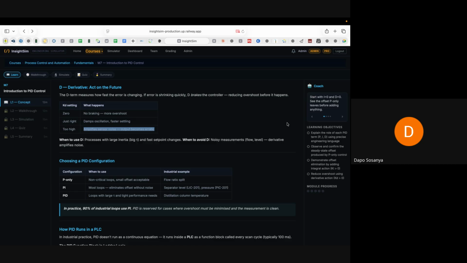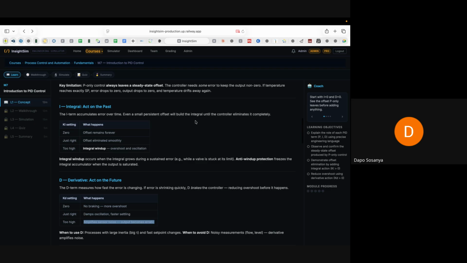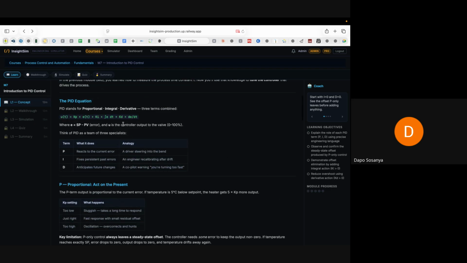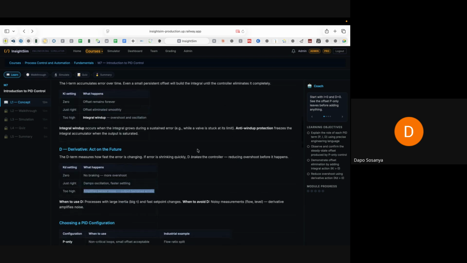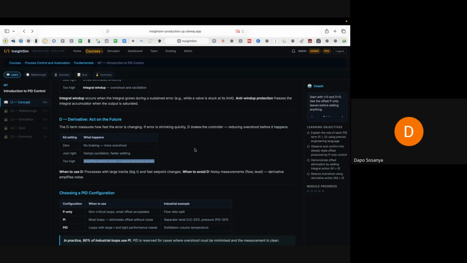Recall earlier, measurements in the control loop, the value of your measurement is the PV, your process variable, right? So the equation says that the derivative term is dE, derivative of error with respect to time. So that's why I said that in actual implementation, we implement the derivative term in terms of the measurement, the PV,